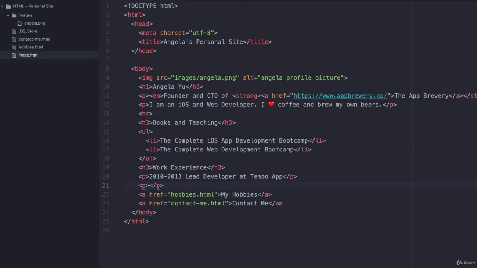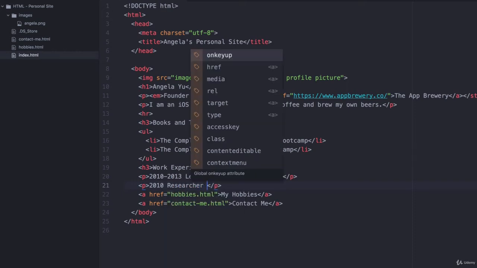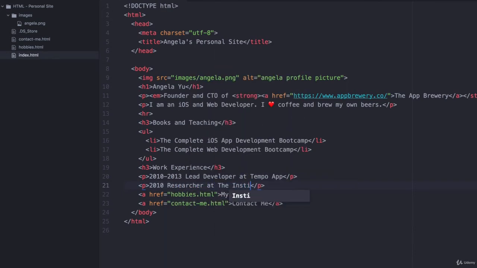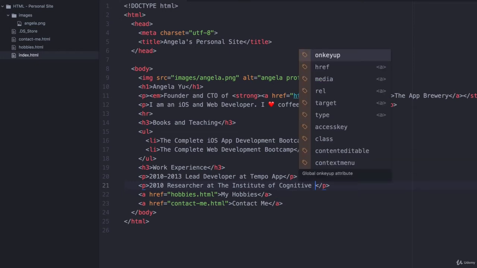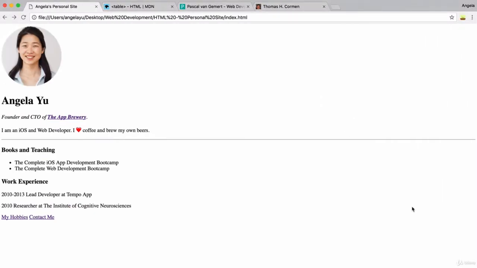But what if I wanted to add something where I didn't have a year range? Say if it was 2010 when I worked as a researcher at Institute of Cognitive Neurosciences. So let's save that and let's refresh. And you can see that it looks really awkward, right? Like this part and this part, they're not really indented at the same level horizontally,